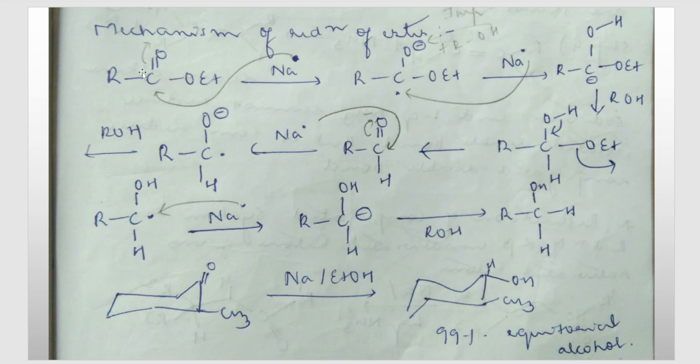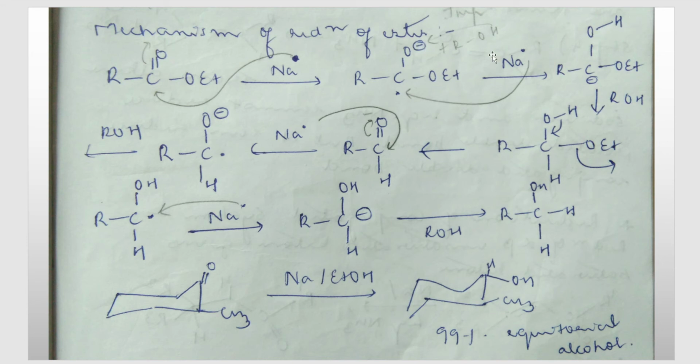What is the first step here? The first step is always that there is a carbonyl group, so the double bond shifts onto the oxygen, which gets a minus charge, and carbon gets a plus charge, or carbon becomes electron deficient. The next step: the metal present in the solution, here sodium, gives one electron to it, so there will be a dot on the carbon. Since we are doing this reaction in protic solvent, proton donation takes place from the protic solvent. It gives one H plus ion, and since oxygen has a minus charge, that H plus will accumulate over here, so we get OH.